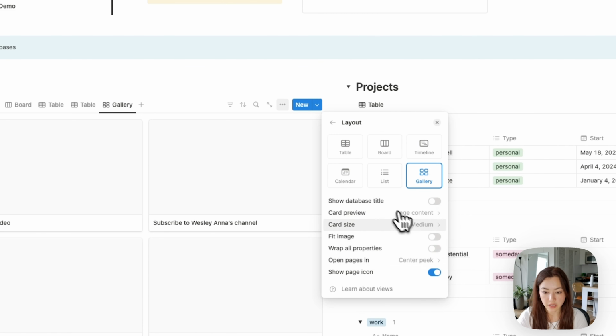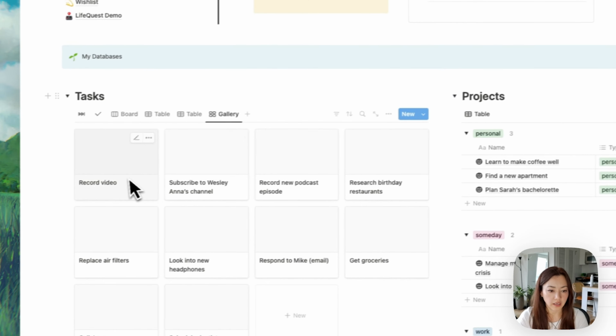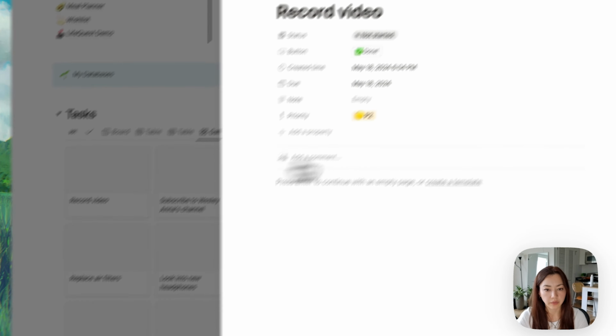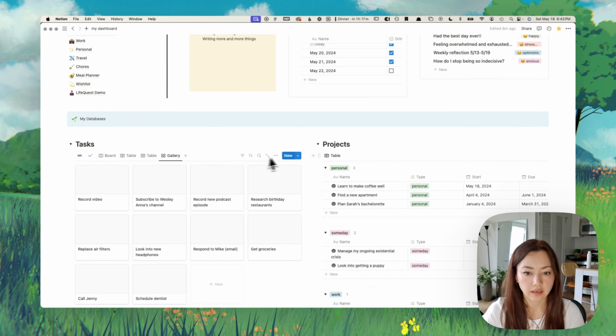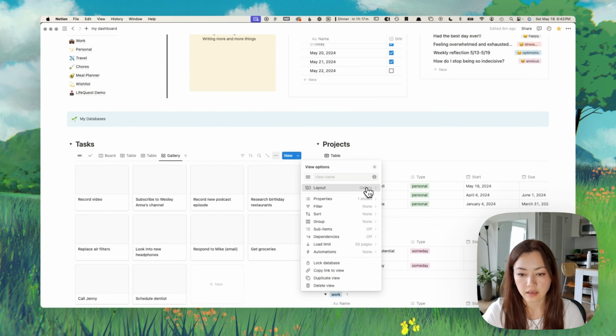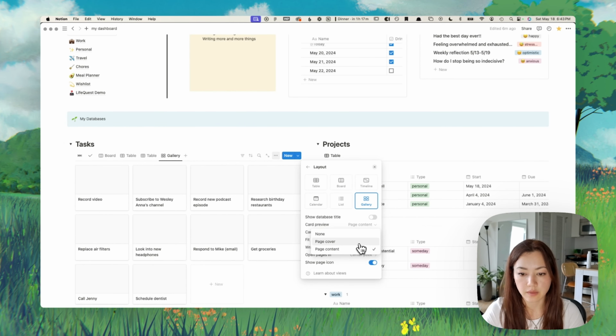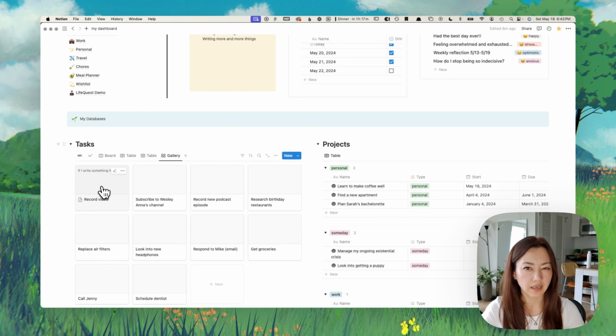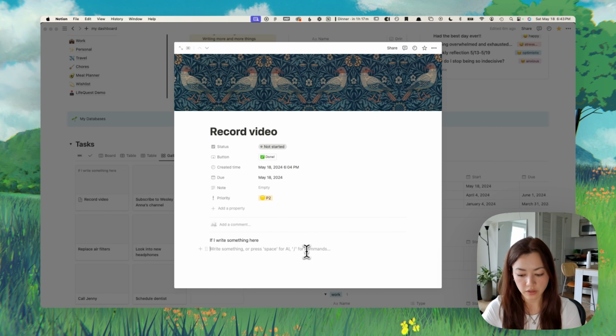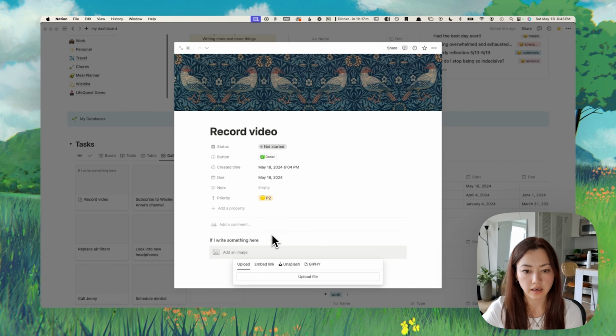Right now, there's nothing in here. This is a blank page, which is why you're seeing it be blank. But if I were to click on this and let's say there's a cover here, and then I go back, go to layout, and I want this to be page cover. Now you see that. If I wanted to show the contents, if I write something here, you're gonna see the content. So this is kind of nice if you have a note-taking system and you wanna be able to see a preview of the notes, or if you were to add an image here,